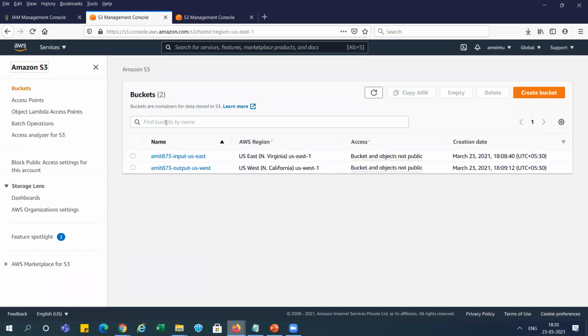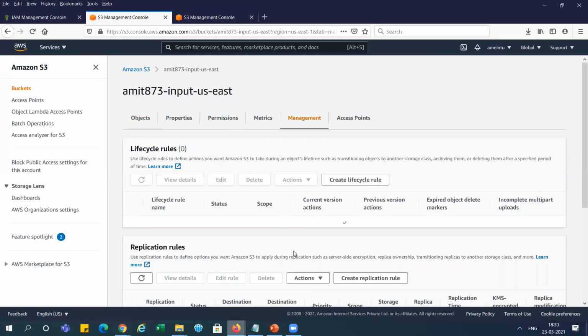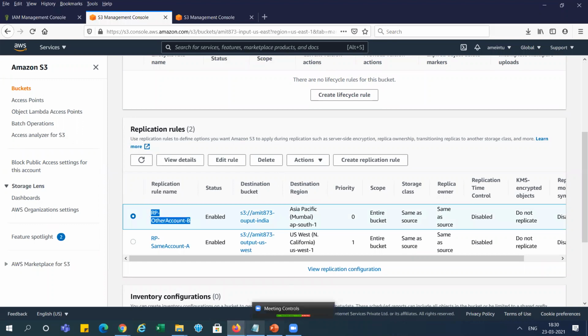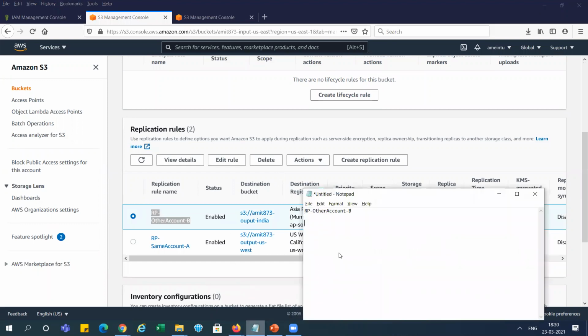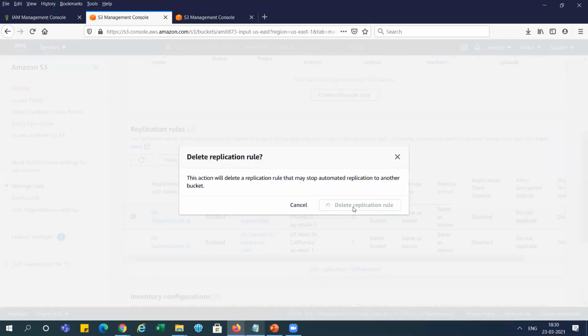In this account, US East, we need to go to Management, and first delete the replication, right? Select this replication, the first one, and select delete, delete replication rule, right?